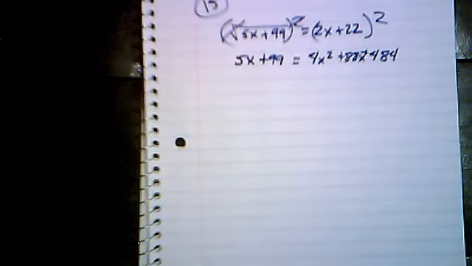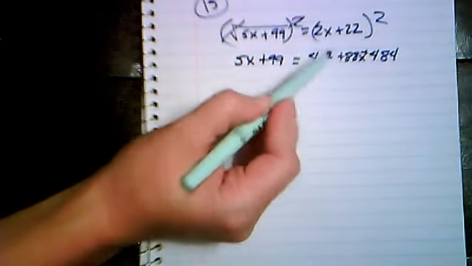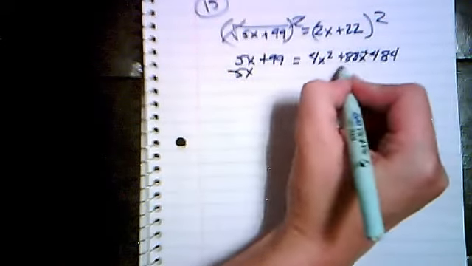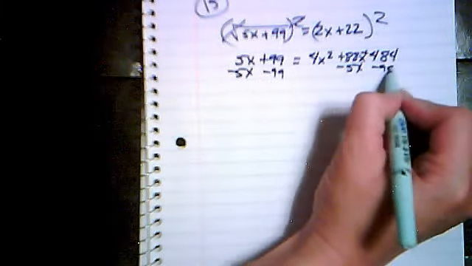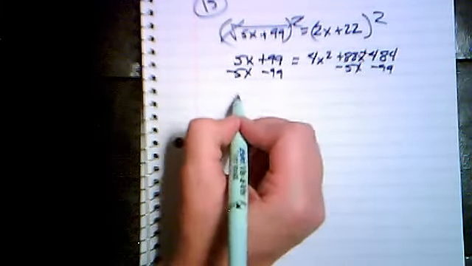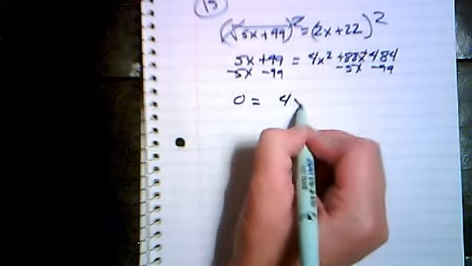So I have 5x plus 99 is equal to 4x squared plus 88x plus 484. Now this thing's quadratic. You can see right here I have an x squared term, which means it's quadratic. That tells us that we need to set it equal to 0. Now my quadratic will have a positive coefficient on the right hand side, so let's move everything over to the right hand side. I'm going to subtract 5x from my other linear term, and I'm going to subtract the 99 from my constant term. So 0 is equal to 4x squared